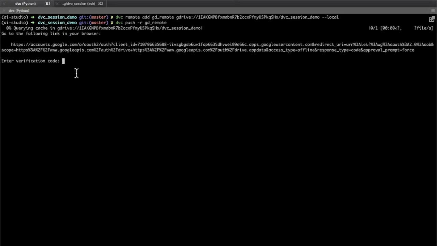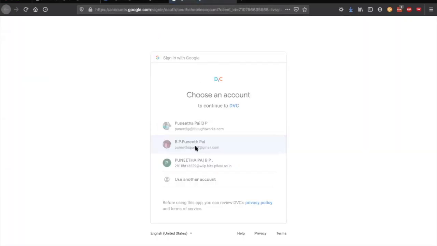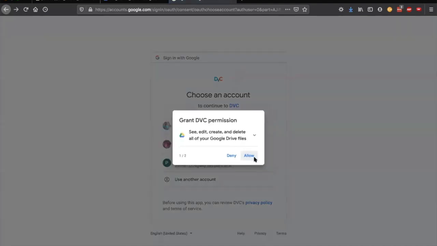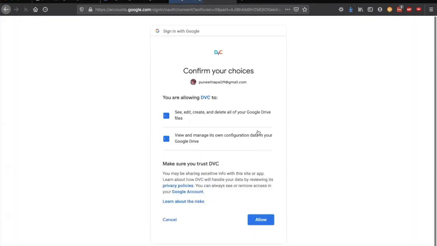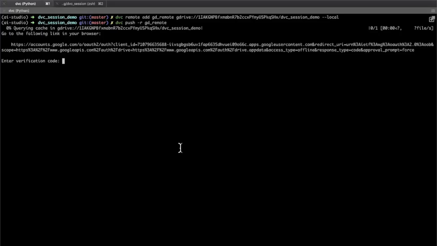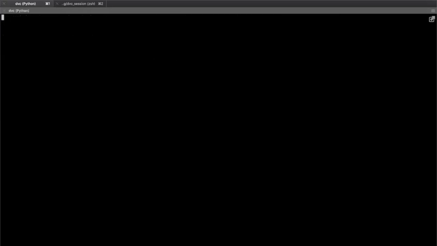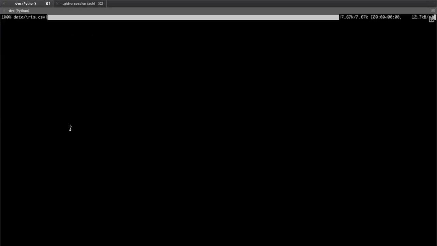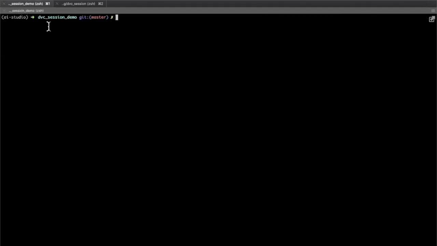So yeah, it asks you to do authentication. Once you do it, for future steps, it will work seamlessly. So now you can see that data iris.csv got pushed.